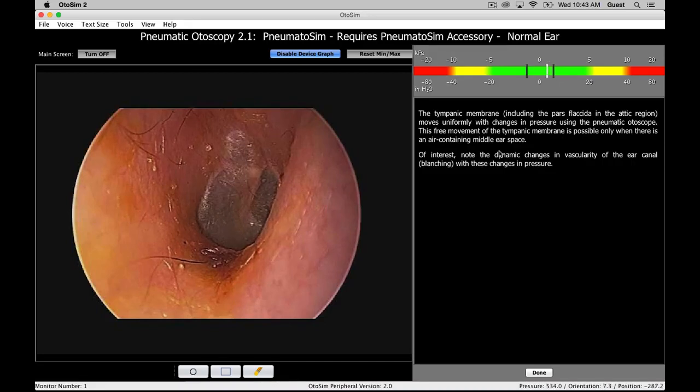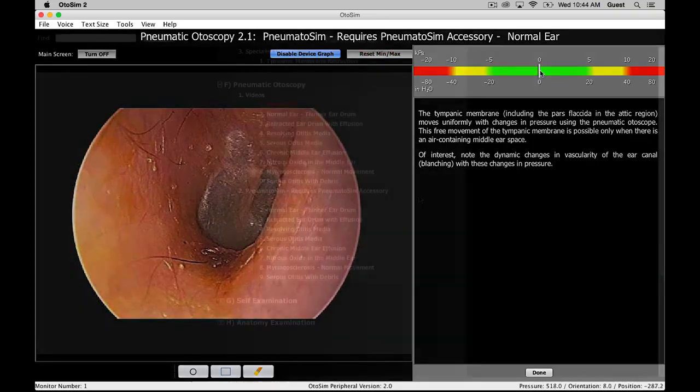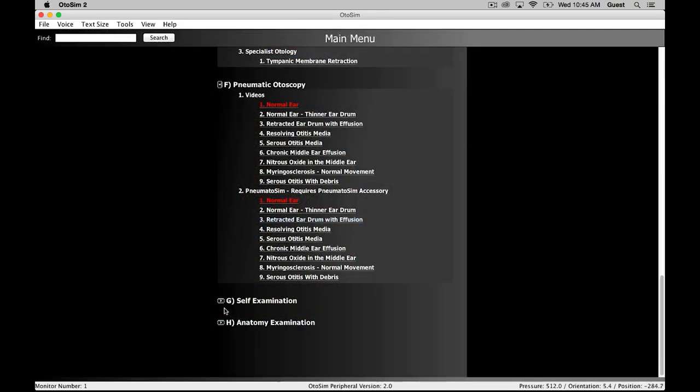And you can see on the top graph, the maximum pressures are actually stored by those two black bars on each side. So if I increase the pressure, for example, I can push the pressure into the red, which we don't want to do, obviously. It'll show me as a student how much pressure I've generated on the positive side, and then I can clear the bars again, start fresh. What we've added in OtoSim 2 are two very important functions, we believe: the self-examination portion